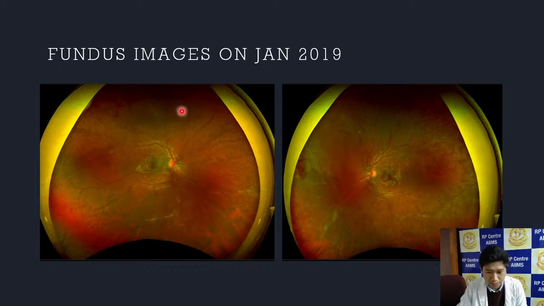And similarly in the left eye you have these areas of sheathing, but here in the nasal part you also have a patch of active vasculitis. So please describe the features of active vasculitis here, Rajat, again. So there we can see perivascular sheathing and cuffing, and there are pre-retinal hemorrhages.